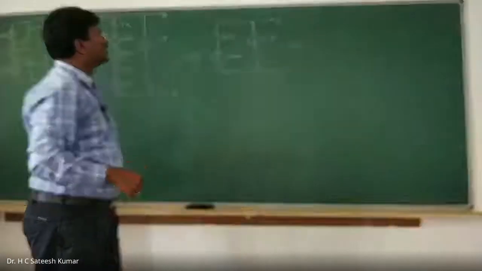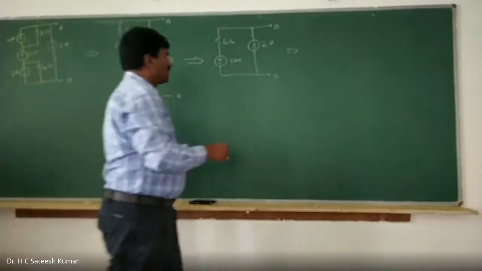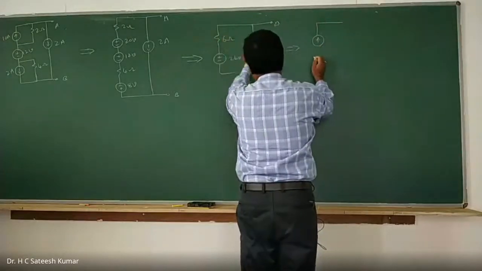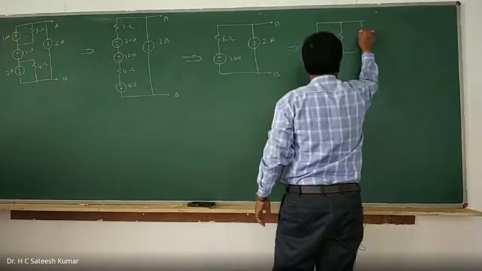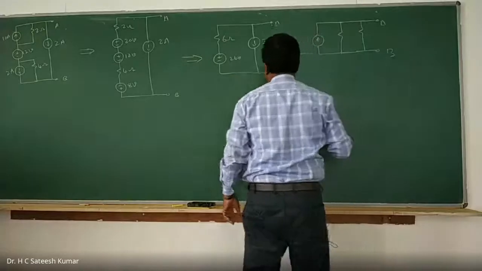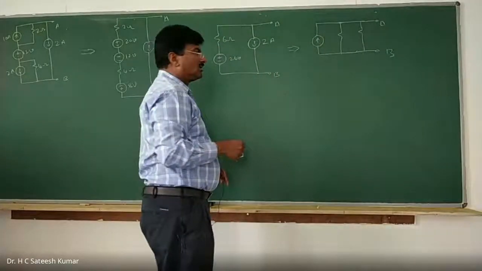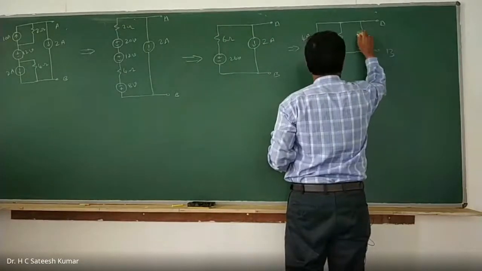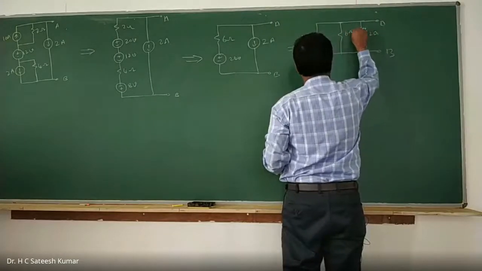Okay, right. So now what do we have? A voltage source in series with a resistance can be converted into a current source in parallel with a resistance. Because these two are in parallel, we should convert them into a current source. So I is equal to V by R, 24 by 6, 4 amps. And this is the other current source, 2 amps downwards, and this is 6 ohms.